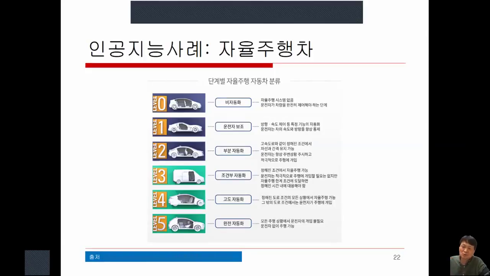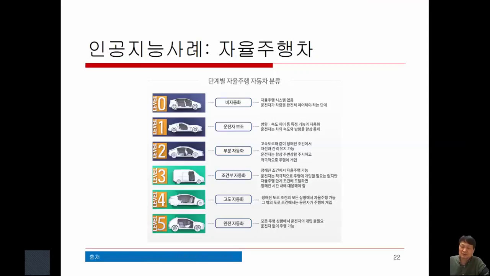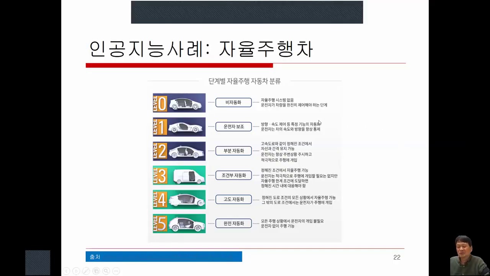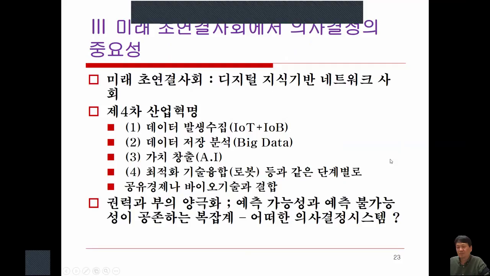그리고 정해진 조건에서 자율주행이 가능한 단계, 그래서 운전대를 놓고도 조금 가는 단계, 이게 레벨 3. 그리고 정해진 도로에서 일정한 상황에서는 완전히 자율주행이 가능한 단계, 이런 것들이 고도 자동화 레벨 4. 그리고 모든 상황에서 운전자가 뒷좌석에 가서 누워도 돼, 자도 돼, 이런 게 레벨 5 단계인데요. 이렇게 했을 때 자율주행차와 관련한 법적인 문제도 우리가 생각을 해볼 수 있지 않을까.